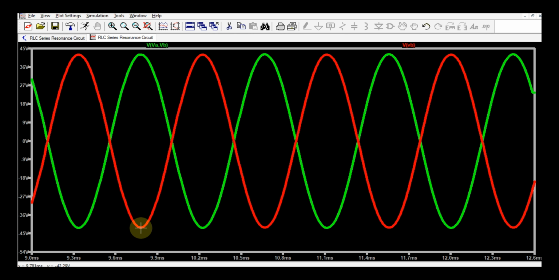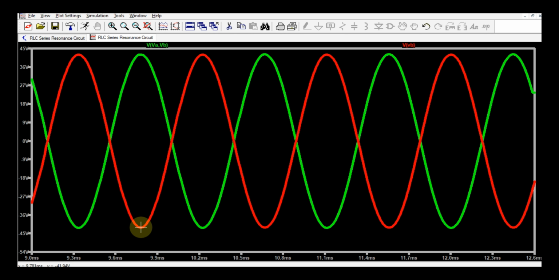That means they are in phase shift, right? They are in phase shift. So since they are of the same magnitude but opposite in polarity, they cancel each other. So at the resonance, there is no net voltage across them. At the resonance, if you remember, the inductive reactance is equal to the capacitive reactance. That means there is no net voltage across the inductor and capacitor, right? They are cancelling each other at the resonance.